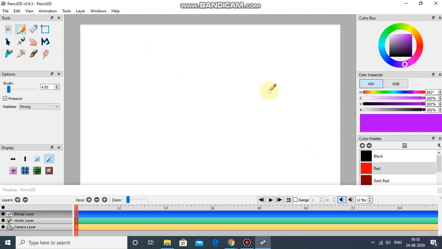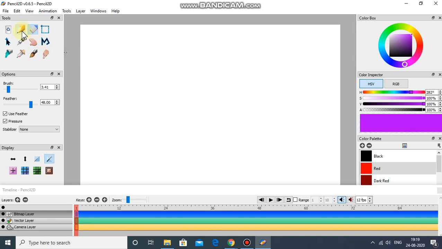This is the stage where we draw objects. Now what are objects? If I draw mountains, any figure, a triangle, a circle, whatever we draw on this white rectangular area is called an object. Okay, so let's use the second tool. It is called pencil tool. We are starting from pencil tool and the shortcut is N. If I press N from the keyboard, that particular tool will be selected. Okay, this is eraser tool. If I press E from the keyboard, eraser will be selected automatically.